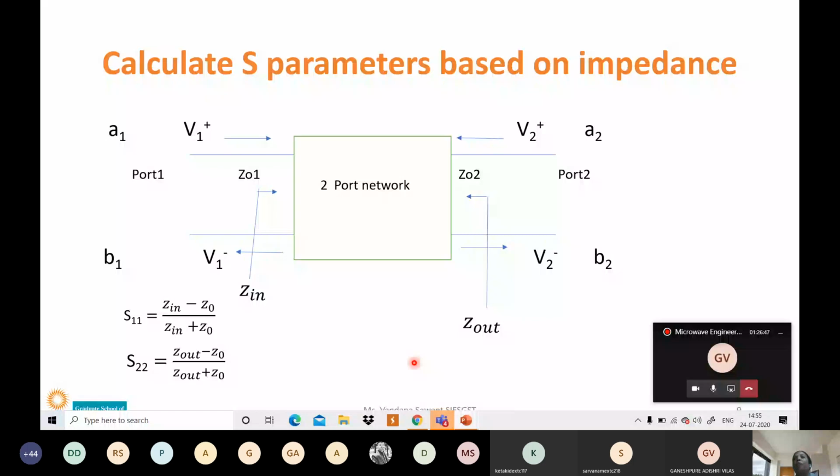So we are going to take sums from the next lecture because now it's 2:55. From the next lecture, first we'll define the properties of S parameters for the networks. And then after defining the properties of S parameters, we will start with the sums, how to calculate S parameters for the various types of networks.